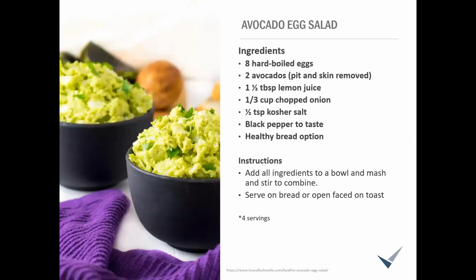Okay. All right, I'm going to end with a couple recipes, like I promised. So, avocado egg salad. We have both avocados and eggs in here. Super simple. Get your eggs, get your avocado. We've got lemon juice, onions, salt and pepper, and then some healthy whole grain sprouted bread, hopefully your healthiest, or you can skip the bread if you want. But it really can't get any easier than this, right? You throw all the ingredients in a bowl, mash them up, and you're done.